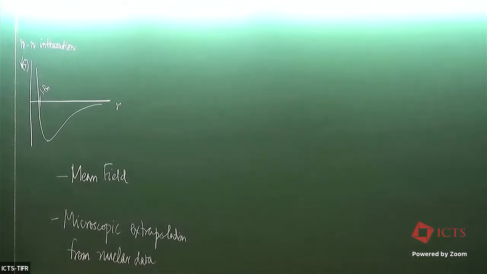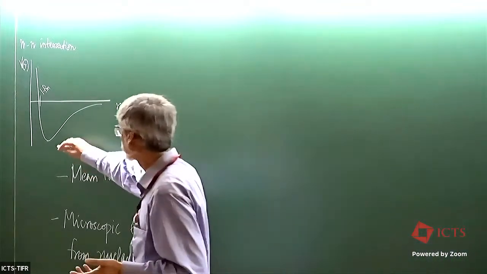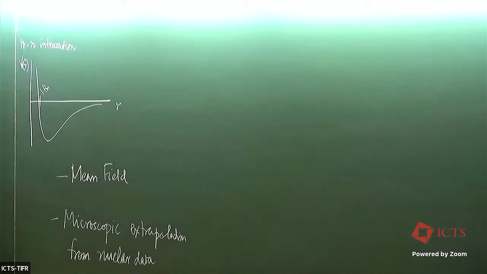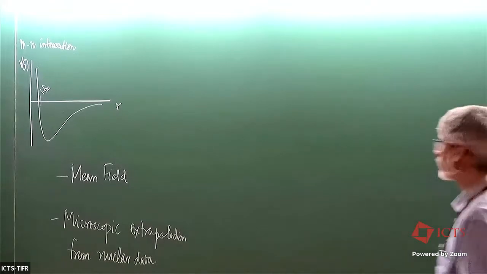Which is the correct equation of state? Which is therefore the correct expression for the force between two nucleons at very short distance? And clearly, since all of these give you different equations of state,